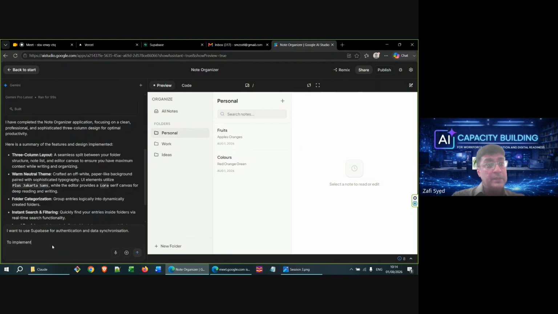Now, to implement user authentication, I want you to create a login page where the user can enter their username and password. So just as how you would log into your email, we'd like these two things to be there. We could also, for example, implement login through GitHub or login through some other service, like let's say login through Gmail if you're already logged in, but let's keep it simple for now. We just want to implement login through a username and password.